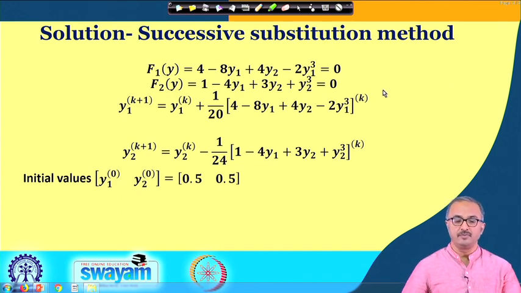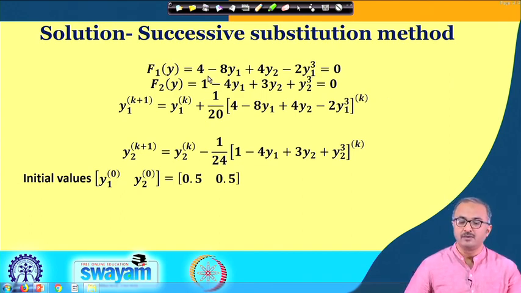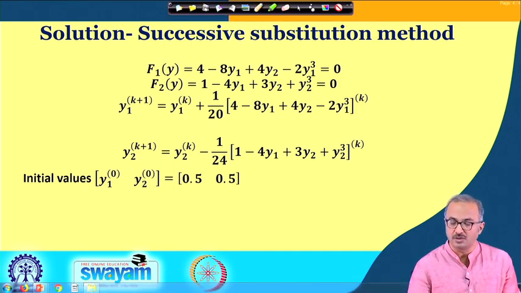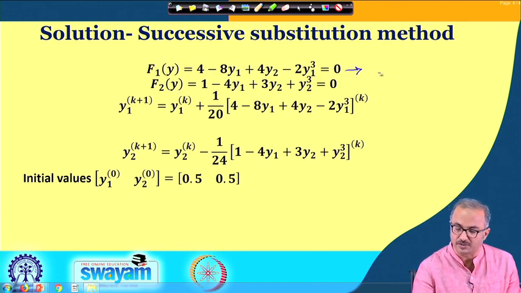Now, coming back to the problem. In this problem, we find that we have two unknowns y1, y2, and for this particular method, what we need to do is this: we have to represent y1 and y2 from these two expressions. So, for example, I have taken these two expressions for y1 and y2. I have found the y1 from the first expression and y2 from the second expression. For your convenience, I am giving you another option of choosing the y1, like from this equation I can choose the y1 like this,